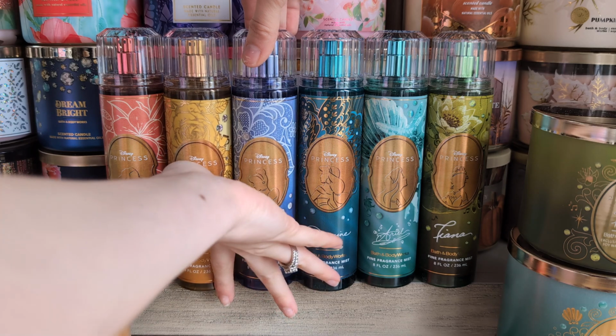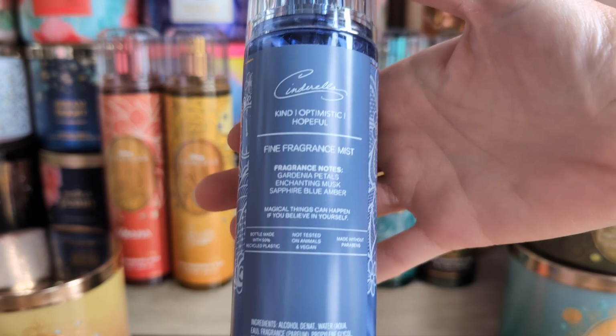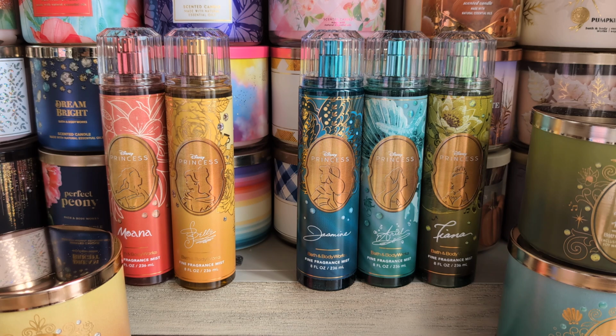Then we have Cinderella. Be very careful here. It says kind, optimistic, and hopeful. This has gardenia petals, enchanting musk, and sapphire blue amber. Now, I was afraid because gardenia is one of those scent notes that I have a hard time enjoying. I love floral. I like a wide range of florals. For some reason, gardenia is just one that is hard for me to do, but I like this one. So, as someone who's kind of a gardenia hater, I'm enjoying it. I don't know what that tells you, but clearly the enchanting musk and blue amber are in there enough for me